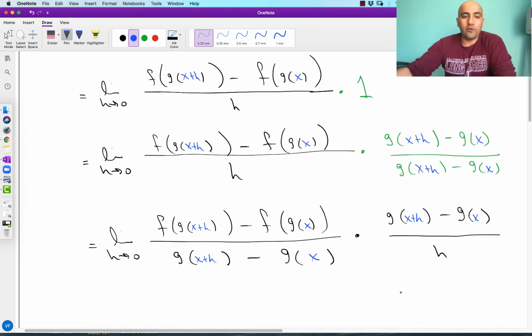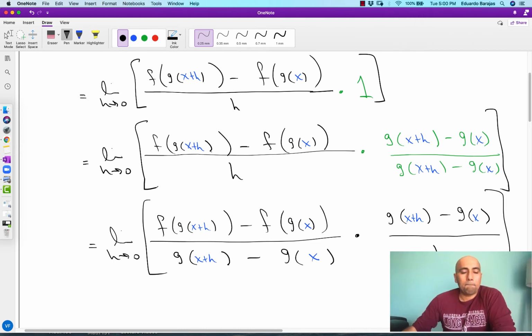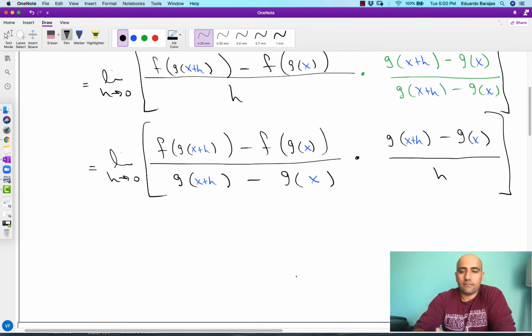Now, let's remember that this limit applies to absolutely everything. It's the limit of all of this. The limit of all of this. So it's the limit of all of this. Okay. So now let's do a little substitution. Let's let